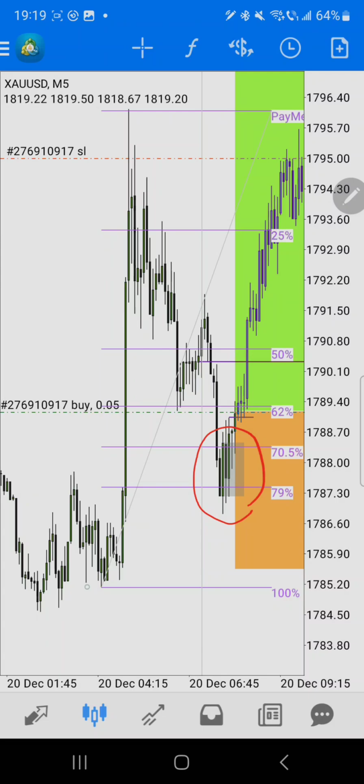Okay, so then we have this liquidity grab over here, where we have price going below a previous swing low, grabbing liquidity, and then it makes a quick surge in price and breaks an intraday market structure from the left side of the chart. In this case, it was the high of the New York kill zone from yesterday. During the Asian session last night, it was last night in Europe, by the way,